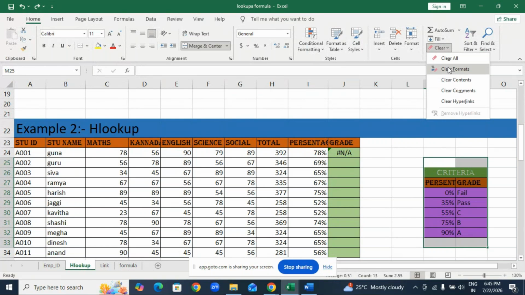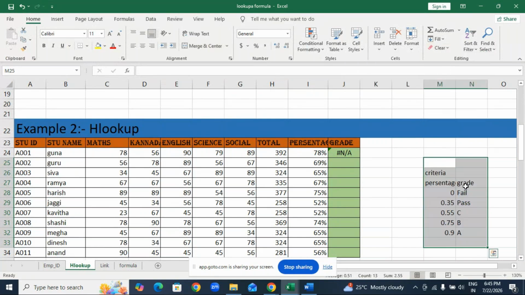Again, click on clear, then Clear Contents. The content is going to clear. Sorry, the format was cleared before. Go to clear, Clear Contents. See, only the content is going to clear. Even if you delete the data using the keyboard, only the content is going to be deleted. But if you want to delete all the data, go to the Home tab, in the clear option,